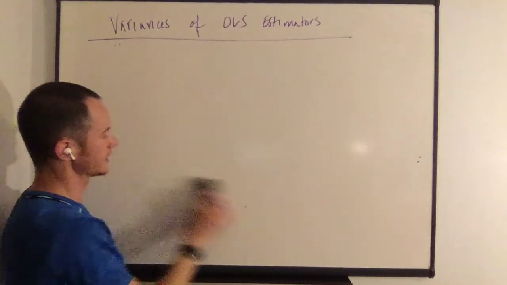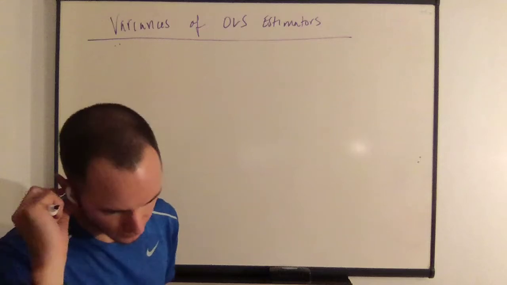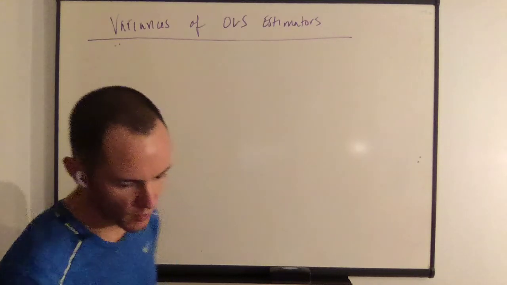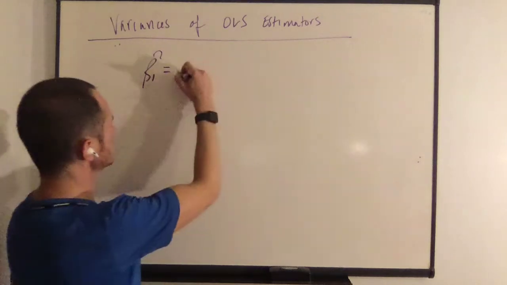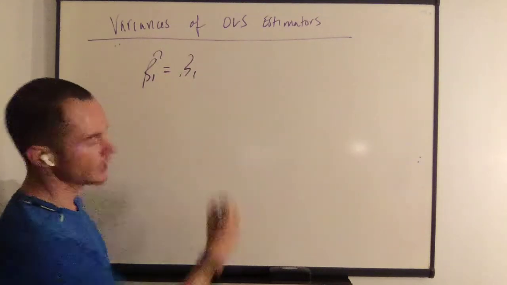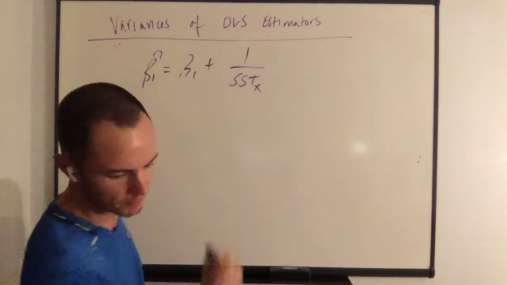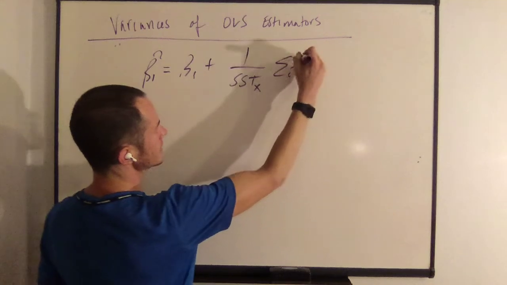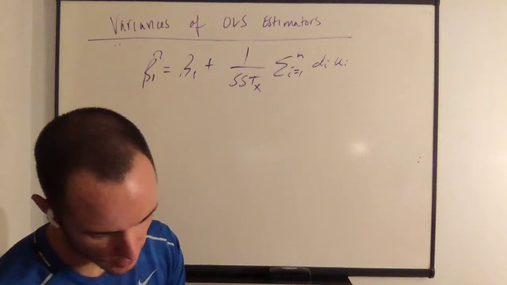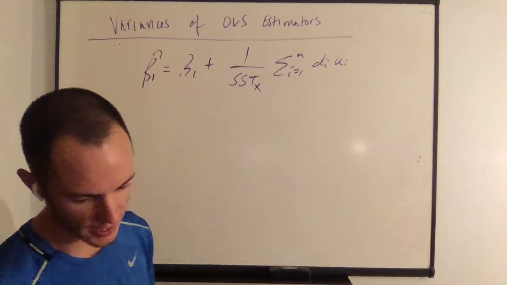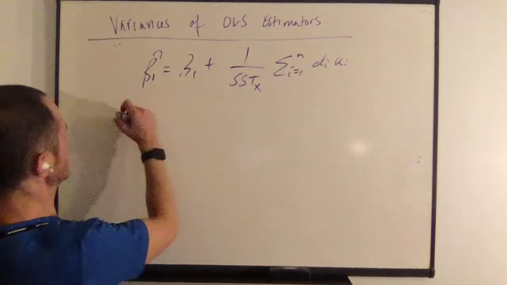We're going to start with our expression for beta 1 hat as a function of beta 1 plus this additional term: 1 over the total sum of squares of x times the sum from i equals 1 to n of d_i u_i, where d_i, recall, is x_i minus x bar. And the variance,